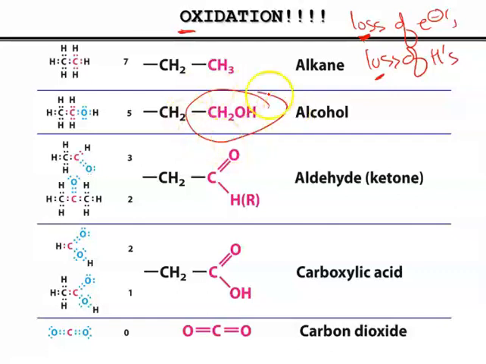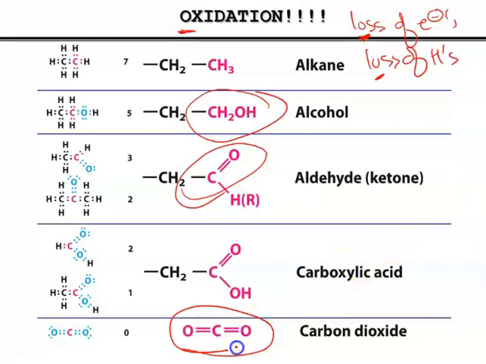Most of the carbons of glucose are alcohols, primary alcohols, and one of them is in the form of an aldehyde. And by the end of the process, all of the carbons of glucose will be fully oxidized and transformed to